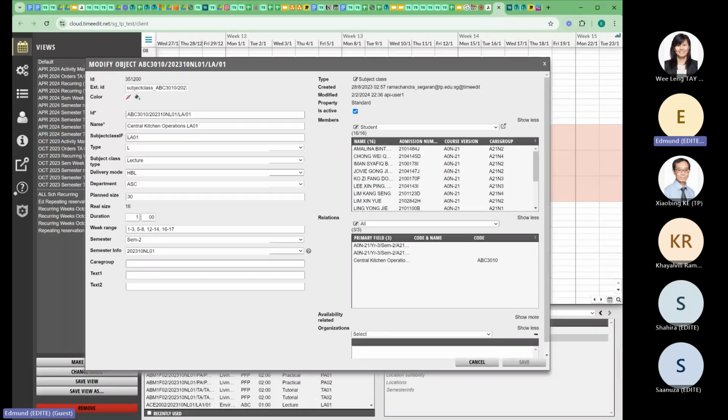Normally the class naming convention will be the module code, ABC3010 in this case, followed by the semester ID. Your semester ID is quite standard. Normally it's the year followed by either 10 or 04, 10 being October, 04 being the April semester. And then for some bizarre reason, it's always NL01. Don't ask me why, you gotta ask ITS. Then followed by